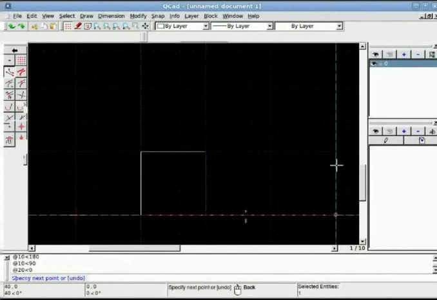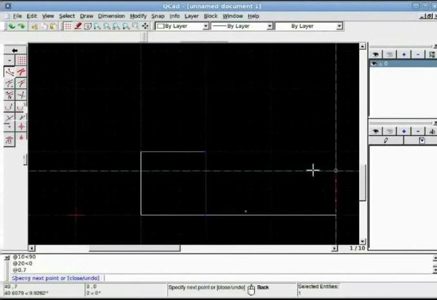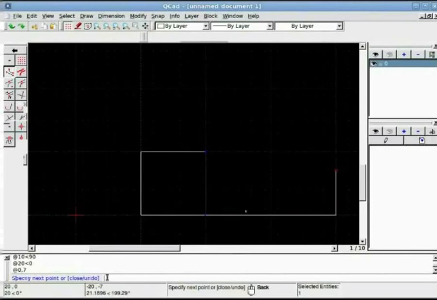I can use now relative method here, relative coordinate method, and say at. I know 7 is the y direction, X is 0, so I say 0, comma 7, and I can use relative coordinate method to draw vertical line. Again, if I want horizontal line going in 9 o'clock direction, say 5 units away, I can again use relative coordinate method. At the command prompt, I say at minus 5 now, because X is in negative direction, X value will be negative, comma 0, Y is 0.